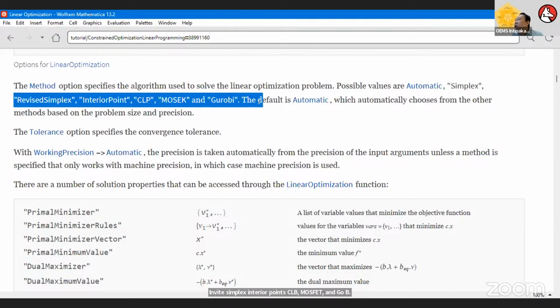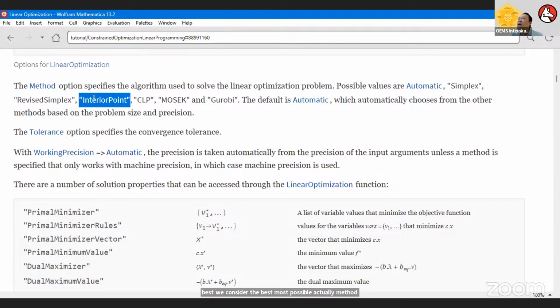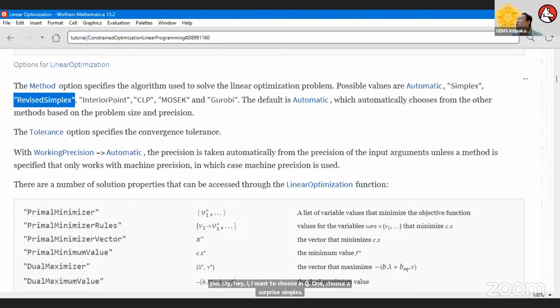The default is automatic. If you say, I do not want to specify anything, the system automatically searches for the best. It considers the most suitable method to use for this optimization. If you say, hey, I want to choose interior point, or want to choose simplex, you can specify using that approach I showed just now, just choose the method accordingly.